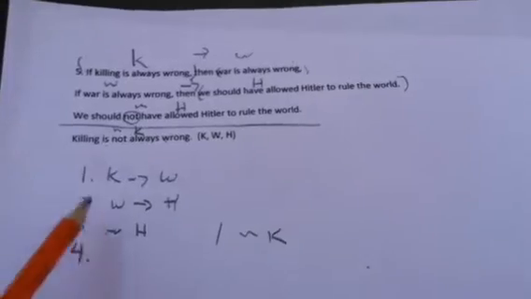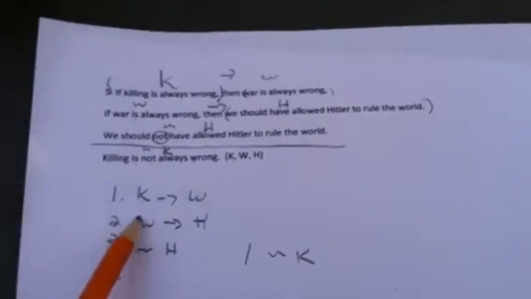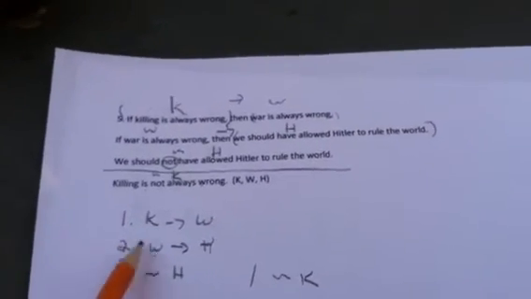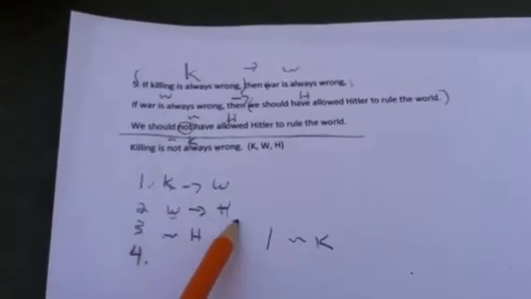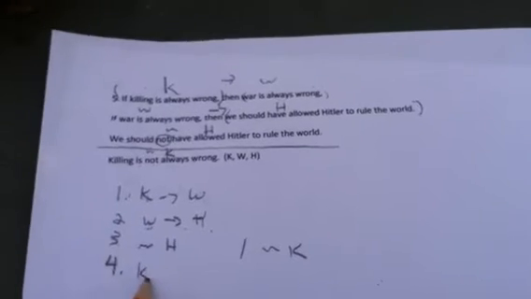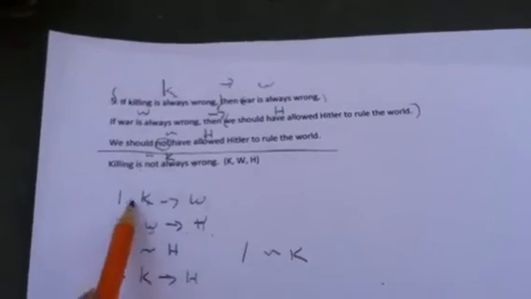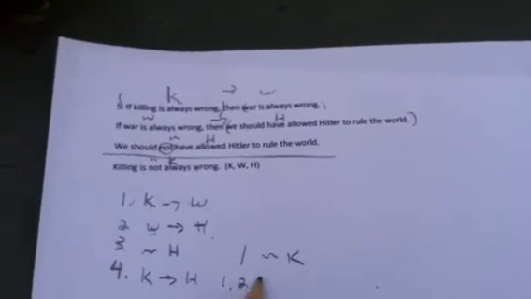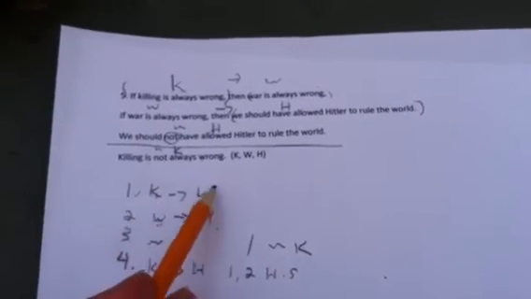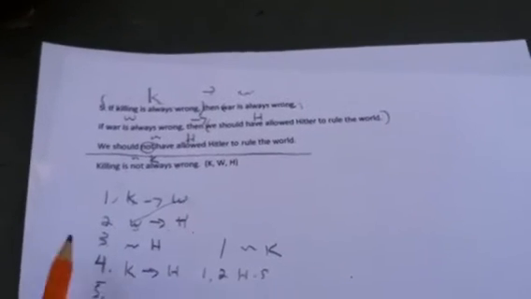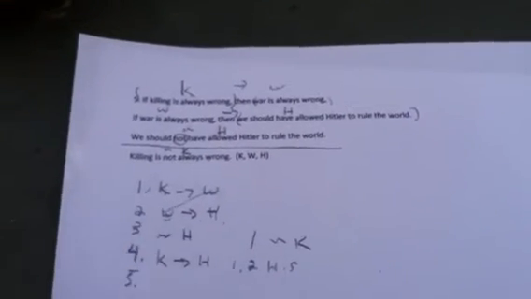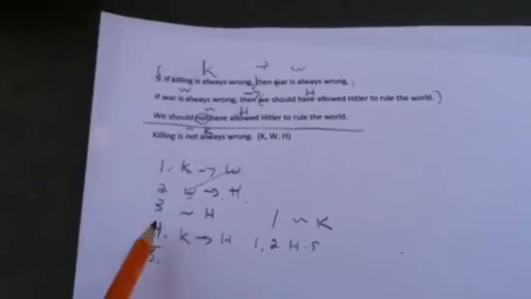I can start with a hypothetical syllogism if I want to, from number 1 and number 2. Remember, a hypothetical syllogism is if K, then W, if W, then H. Then I can get if K, then H from number 1 and number 2, and that's a hypothetical syllogism. Remember that? These two cancel out. Number 5, that actually eliminates having to do a couple applications of modus tollens. But in this case, I'm just going to use that hypothetical syllogism, and I'll show you on the other side